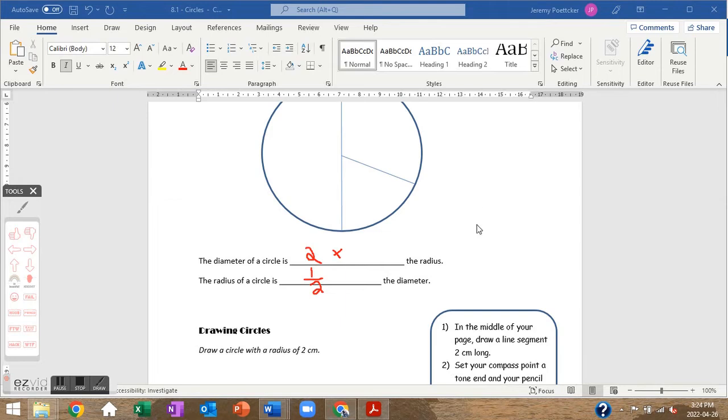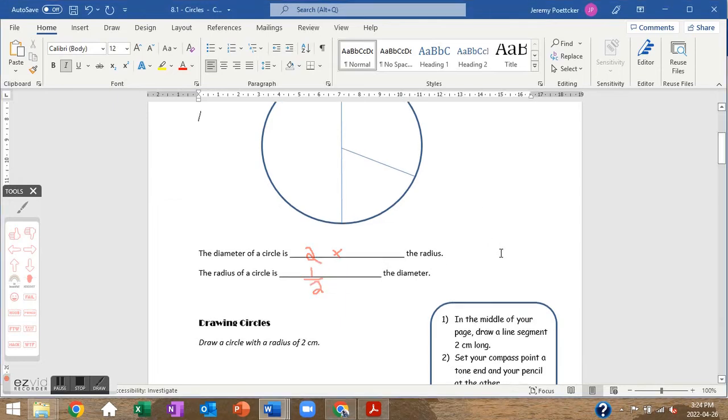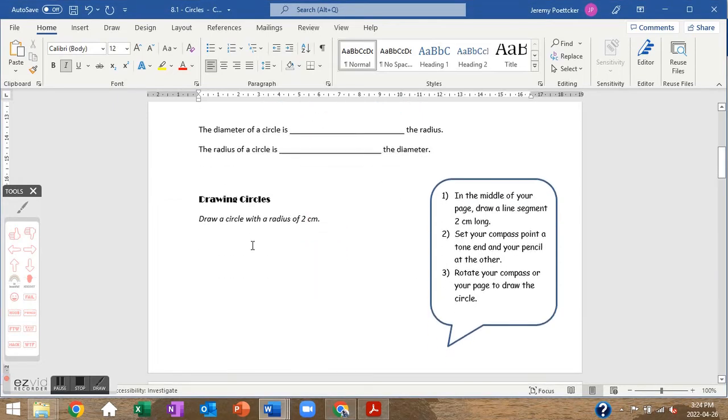All right. So now, how to draw these circles? Well, a couple things. You're going to need to use your compass. That is the geometry set instrument that has a pokey thing at one end and a space for a pencil at the other end. And so how do you do this for a radius of 2 centimeters? Well, in the middle of your page, draw a line segment 2 centimeters long. You're going to set your compass point,